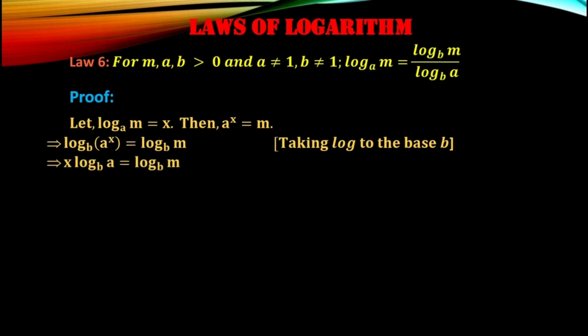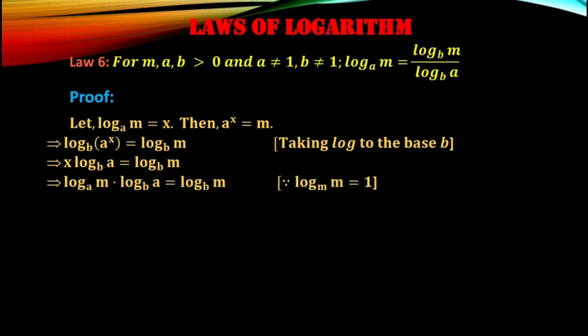So we have just studied under log, in the previous law, that if there is any equation in the form of log of a to the power x to the base of b, then x gets multiplied to the log and the log remains as it is. So the power in the index form gets multiplied. So here also we have done the same thing, that x multiplied by log of a to the base of b is equal to log of m to the base of b. The right hand side remains unchanged.